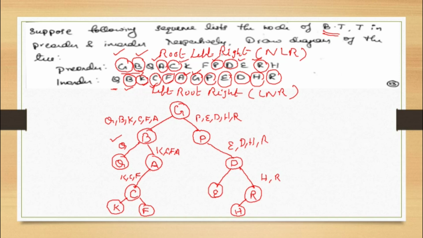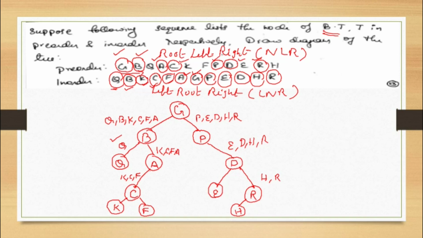That means we have visited all the elements. Yes, including Q. In the beginning we had visited; I just put a dash instead of a circle there. So that also we have visited. So that means we have visited all the elements of the tree. So we have verified and it is correct.